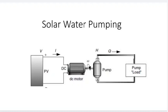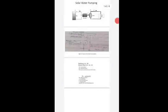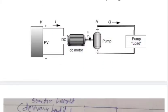So a DC motor as a load. It is the same equipment that converts the power into high current and low voltage so that the motor can get the starting torque, which is directly proportional to the current, and current is proportional to the solar radiation. So the example is shown in the first slide,